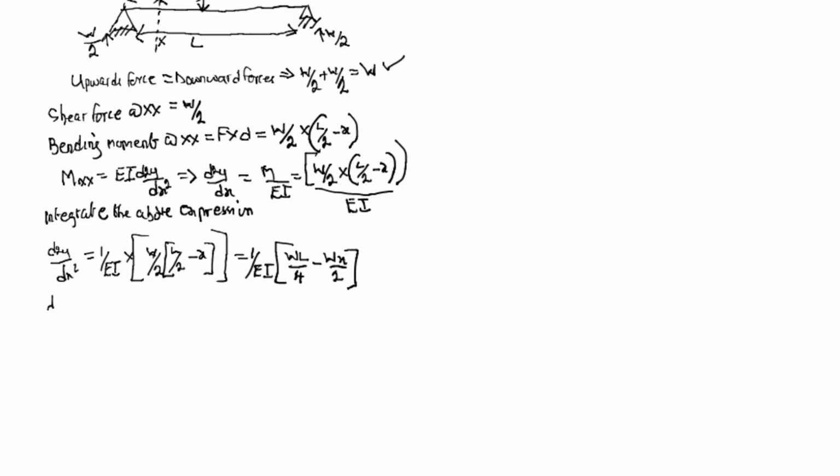During the first integration, we get the change in the deflection or slope to be equal to 1 over EI times the integral. Integrating the expression WL over 4 with respect to X yields us WLX all over 4 minus WX squared over 4 plus A, where A here is a constant and it comes as a result of an indefinite integral with no range of values. Integrating this equation further,